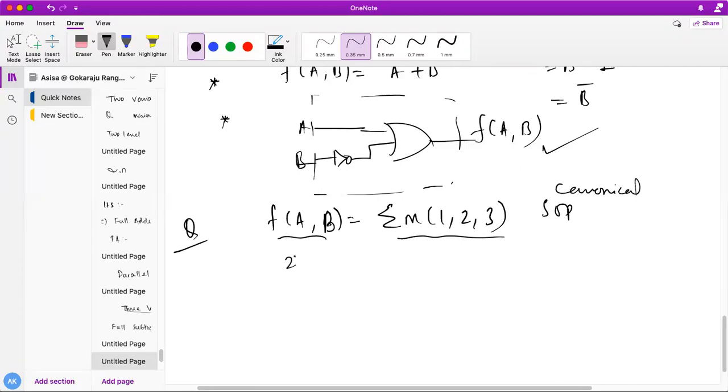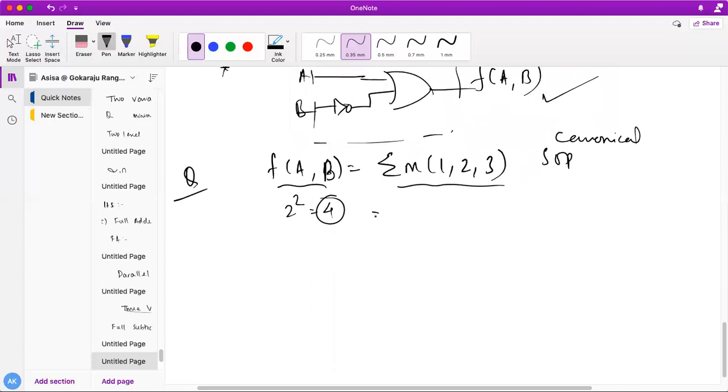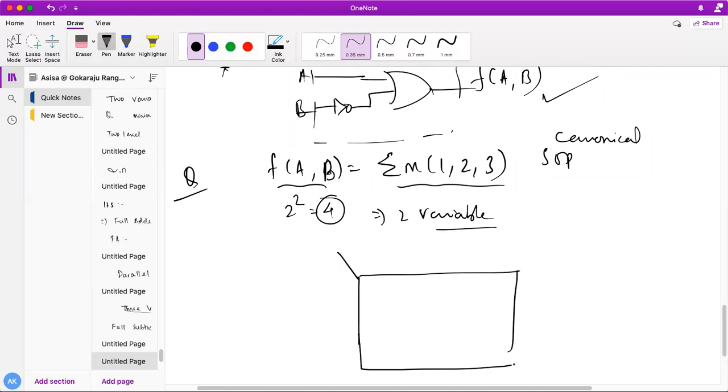Next, this is a two variable function, so obviously 4 cells are possible, and this is a two variable K-map which I am going to construct. So, a two variable K-map having 4 cells. This is my a and this is my b, because a b is already given. You can give any name to your variable, don't worry. This is my b bar and this is my b, this is my a bar and this is my a. So what are the place values of the min terms? 0 1 3 and 2 according to the gray code sequence.